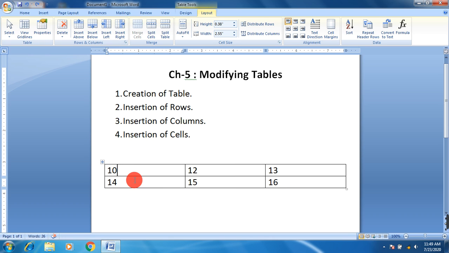In order to insert cell, one thing you have to consider: you can insert a new cell, but what about these data? Means 14, 15, 16, all these values are already there. So when we insert a new cell, where will these data go?